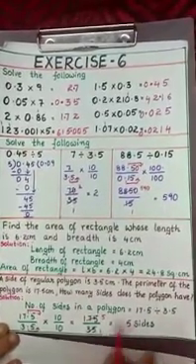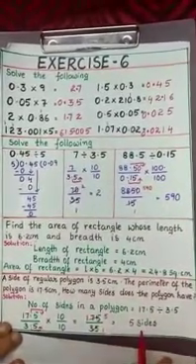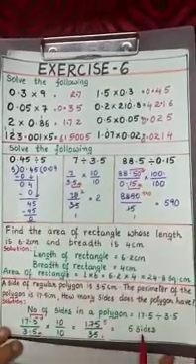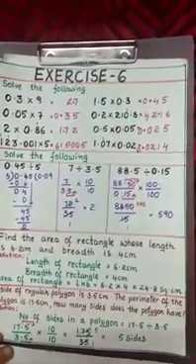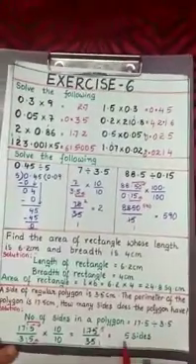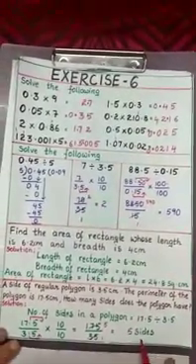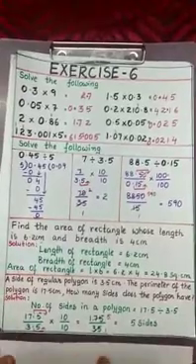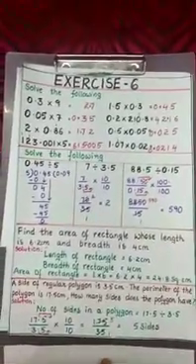It means that the polygon contains 5 sides. 5 sides means what is the name of the polygon? It's a pentagon. So a pentagon with equal sides. So we got the number of sides in the polygon, total 5 sides. So this is the way we have to solve the word problems.